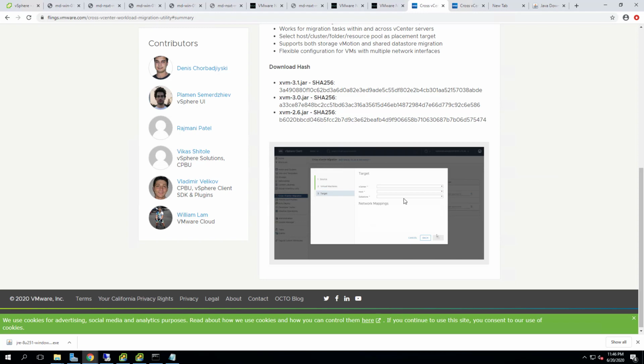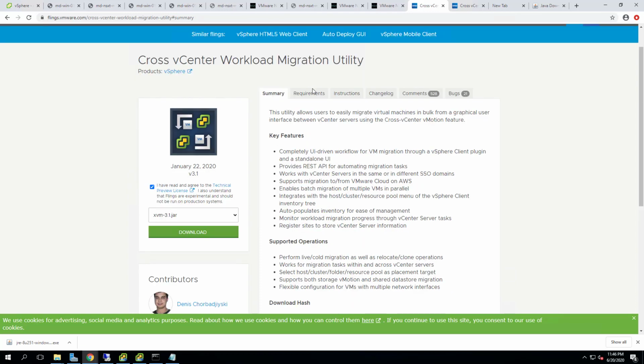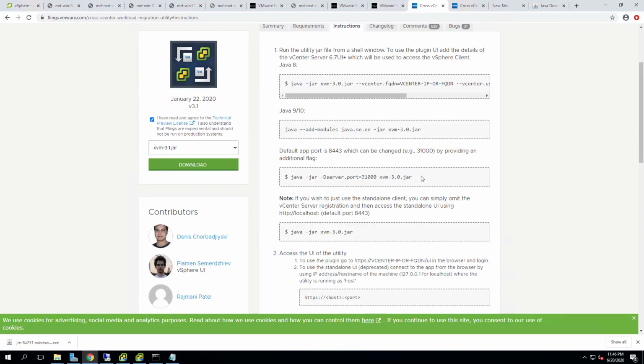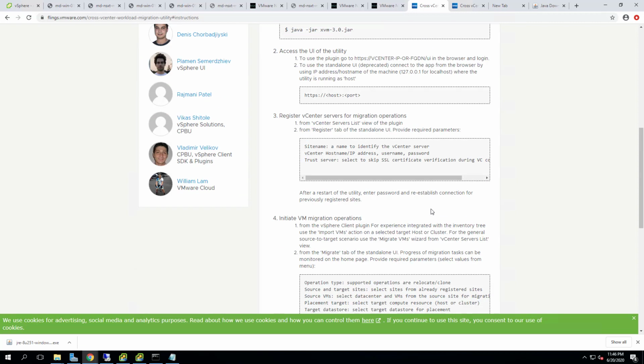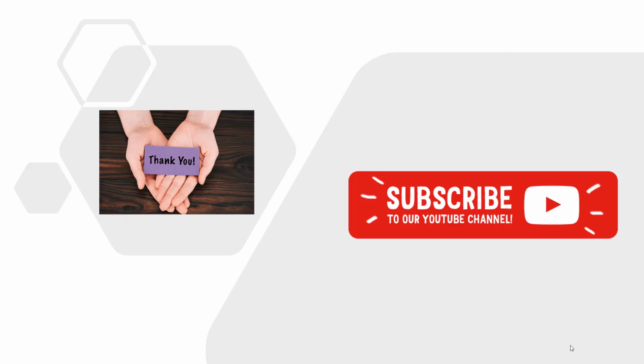There is a procedure given on this Fling page as well, so that we can migrate virtual machines from the vSphere client even if it is not part of enhanced linked mode. The description has been given here on how to register this particular utility with the vSphere client, so that we can follow this and integrate this utility as part of the vSphere client to migrate the virtual machine across the vCenter server.